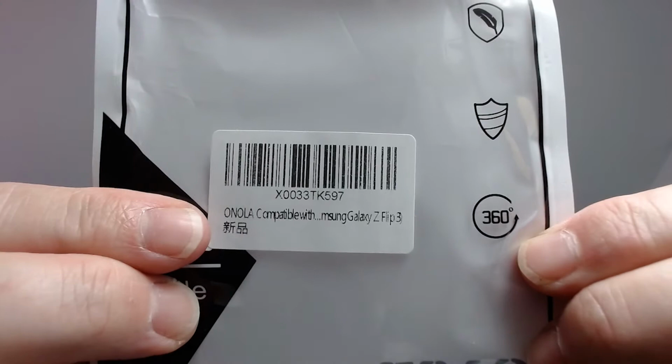Yeah, I wanted to use the foam more, and that's why I went back to this case. Oh, that picks it up. There's the